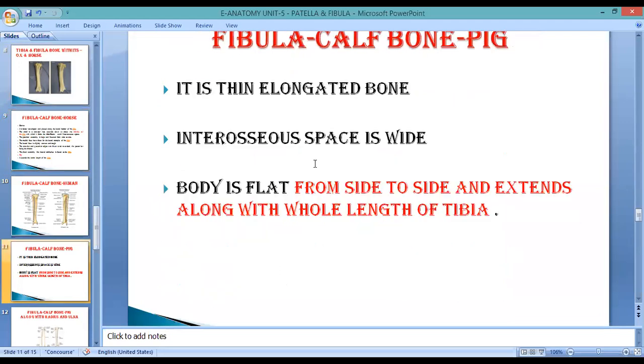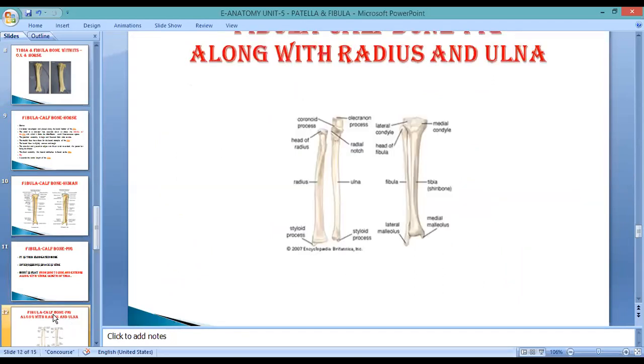In this case, it is an elongated one. There are 2-3 major points related to the fibula of the pig. This is a well developed bone, located on the lateral aspect of the tibia. For description, it contains two extremities, proximal and distal, and a shaft. The proximal extremity comes in contact with the lateral part of the tibia with the help of the head, and the distal extremity comes in contact with the lateral condyle of the tibia, and in between the two there is a well developed interosseous space. This is all about the pig fibula.